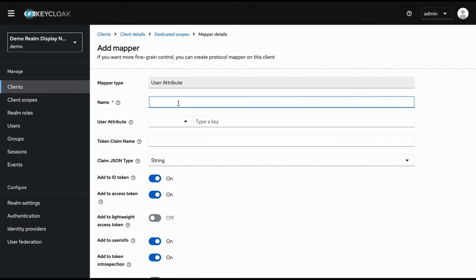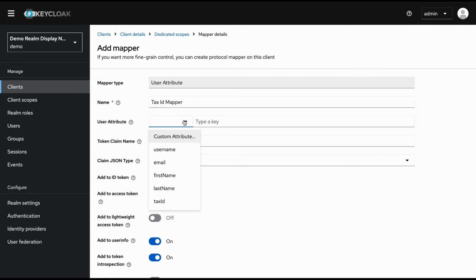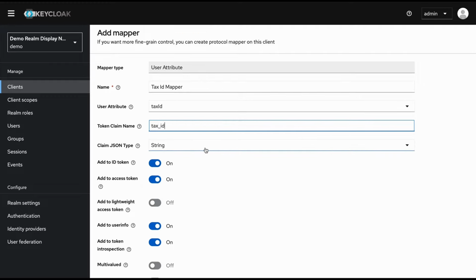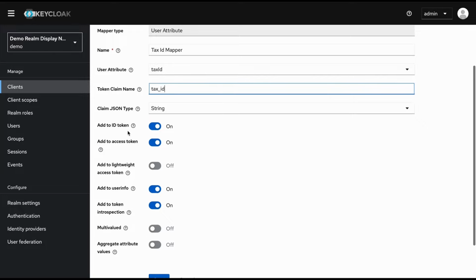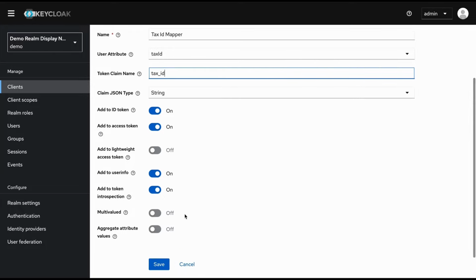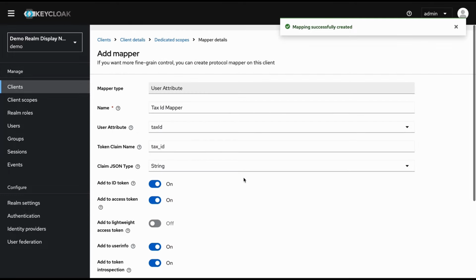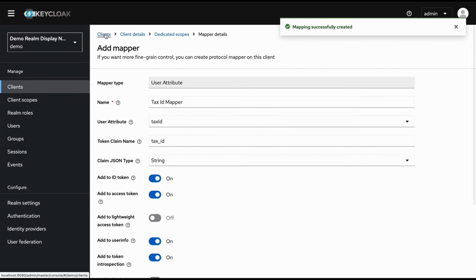I want to map the tax ID mapper, and the user attribute, which is tax ID, and token claim name should be tax underscore ID. Type is string, that's fine. Add to ID token, add to access token. Yeah, that's it. And I save the mapper. Mapper is successfully created. Again, I go to the client